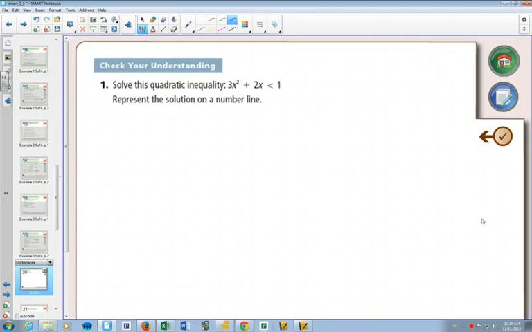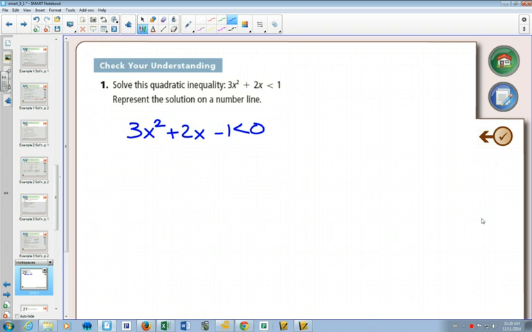So we start by trying to solve this like a quadratic equation, which means we have to make one side equal to 0. When I'm moving things over, in this case, I'm going to move the 1 over. We don't switch the inequality sign. Remember, for inequalities, you have to flip the sign if you multiply or divide by a negative, but not if you add or subtract. In this case, I just subtracted 1 on both sides to move the 1 over to